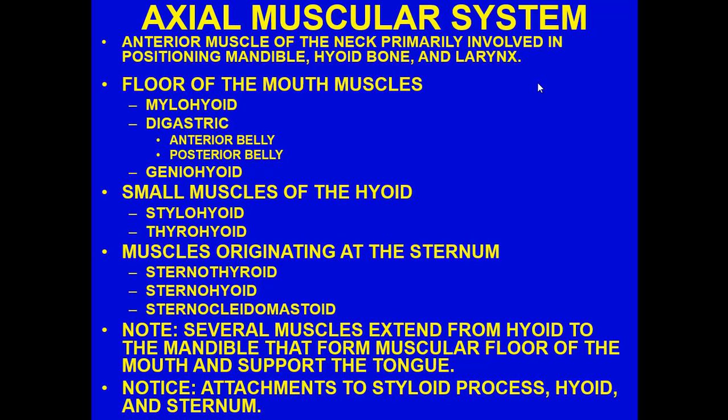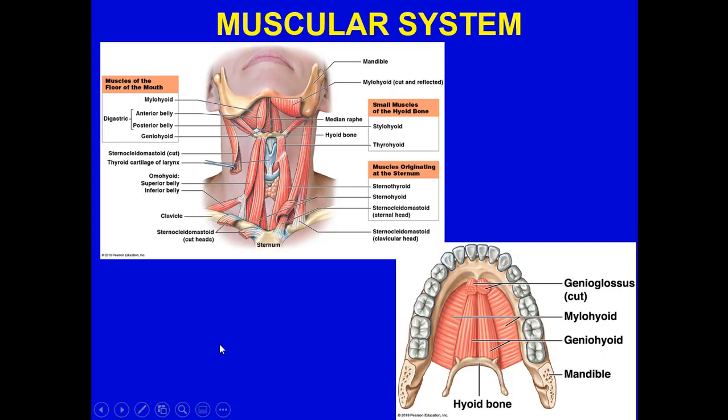The muscles originating at the sternum include the sternothyroid, sternohyoid, and the sternocleidomastoid. Several muscles extend from the hyoid to the mandible that form the muscular floor of the mouth and support the tongue. You want to note also that there are attachments to the styloid process, hyoid, and the sternum, such as what you see right here. Okay, here is the mylohyoid, and if you cut and reflect it, you can see better